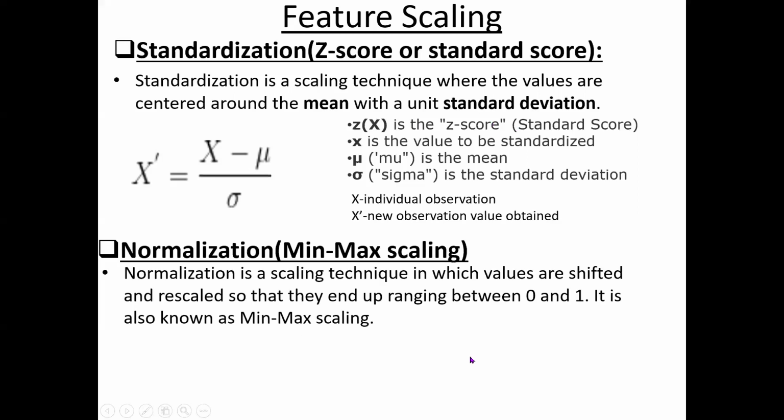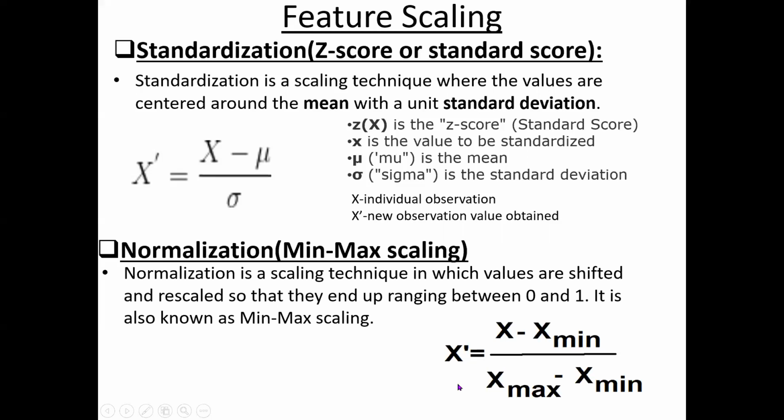Similarly, if you apply normalization, the formula is very simple. We are using the minimum and maximum values, x min and x max. By using this formula, all your values, which can be age and salary in this example, as I am showing in the next slide, come between 0 and 1. So the target of either standardization or normalization is scaling all the values, whether in tens or thousands or lakhs, into a specific range by giving equal importance to all the values.